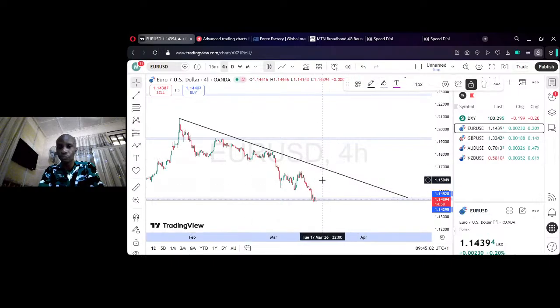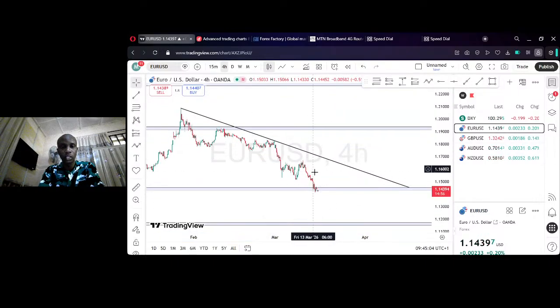So for now, we expect a pullback on the 4-hour time frame. Let it pull back. Since we have the previous ones pulling back, lower low, lower high, let it come and create another lower high again. So from there, price will attempt the support level. If it can break, it's coming down. And if it's unable to break above it,